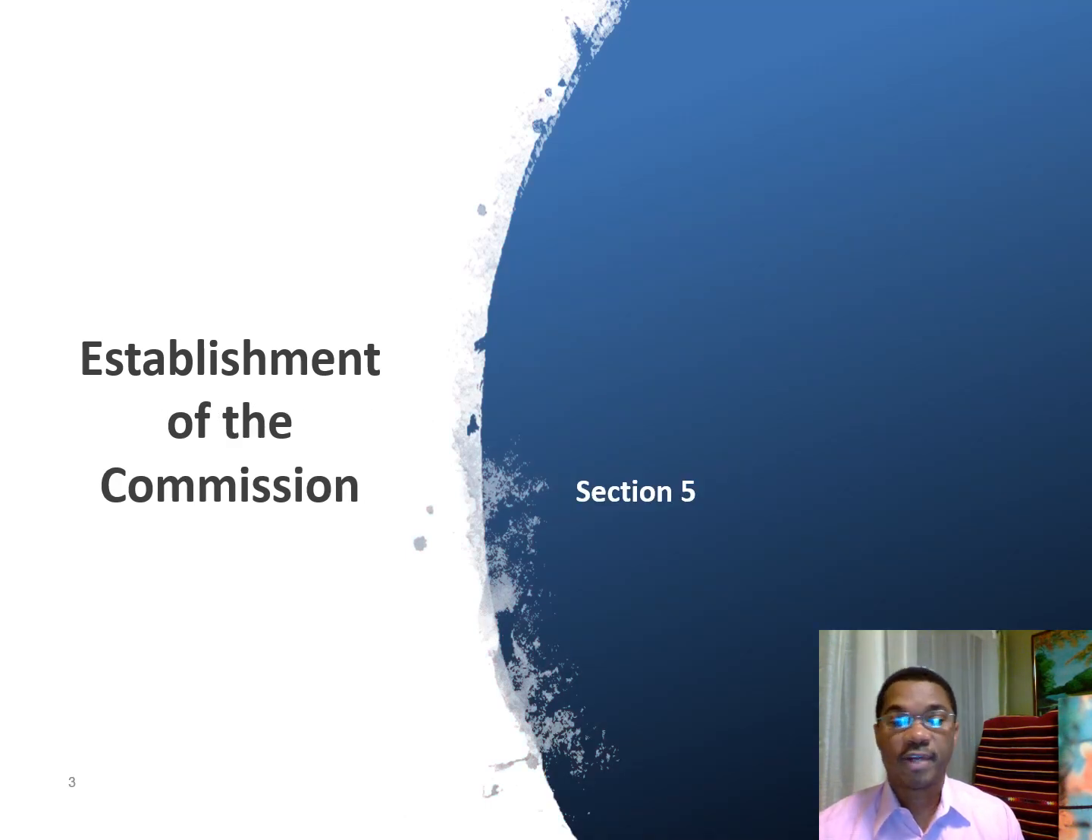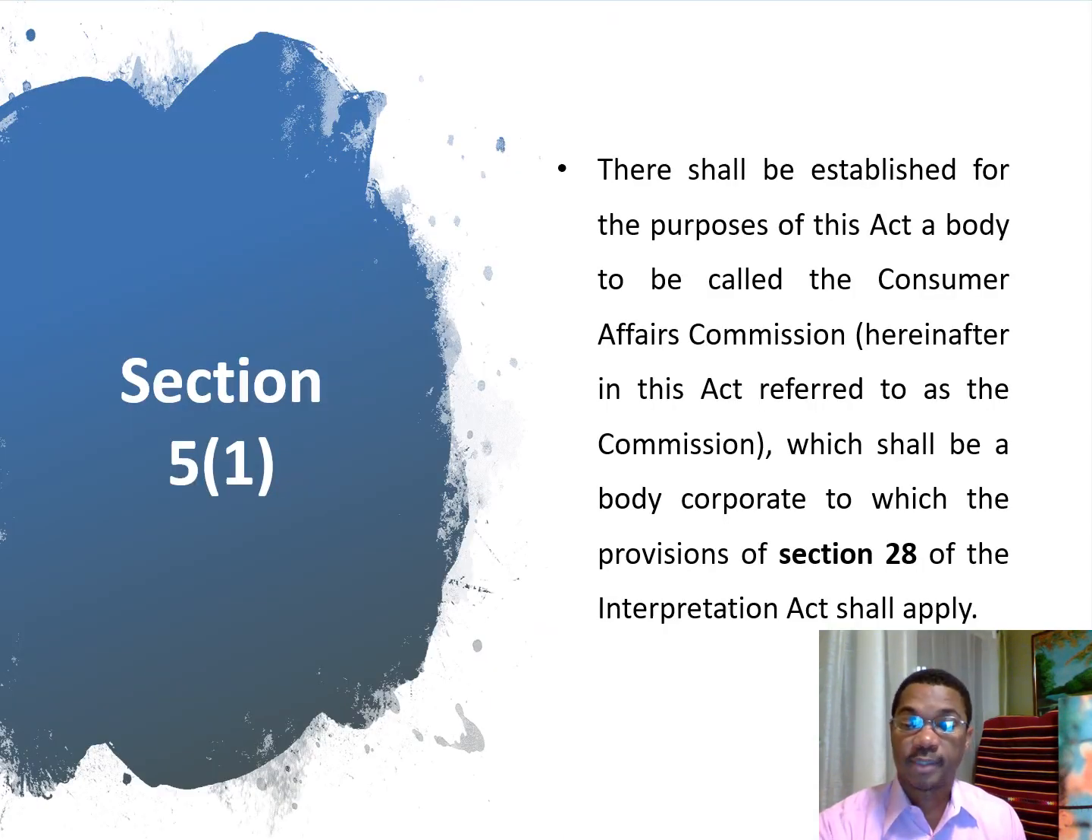So Section 5 of the Consumer Protection Act of 2005 establishes the Commission. And what are the roles and functions of the Commission? That is also a matter of importance. As you can see on your screen there, Section 5, subsection 1 of the Consumer Protection Act makes it very clear that there shall be established for the purpose of this Act a body to be called the Consumer Affairs Commission, hereafter in this Act referred to as the Commission. It shall be a body corporate,